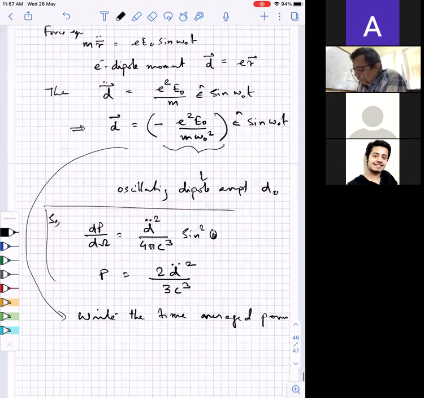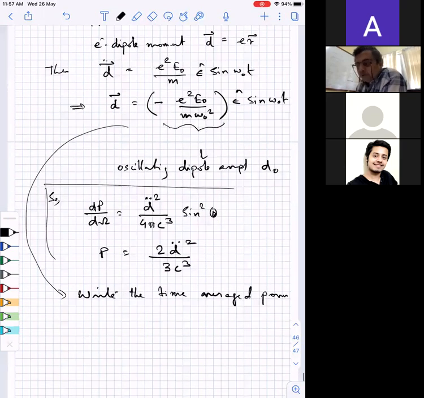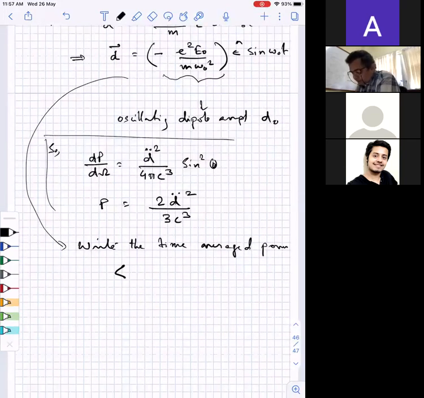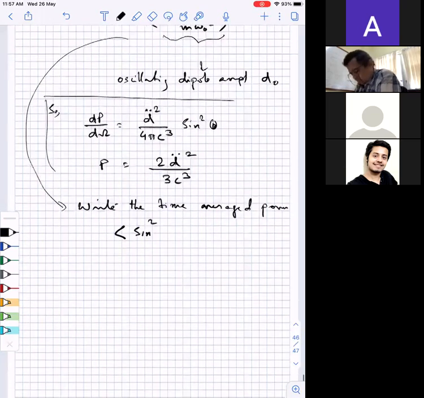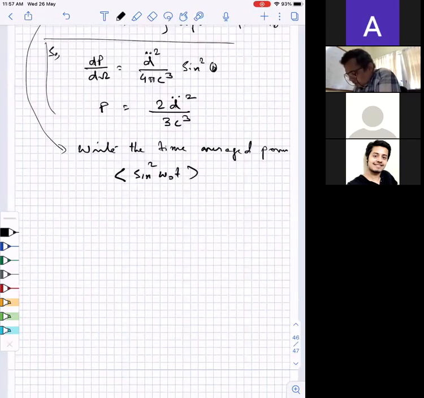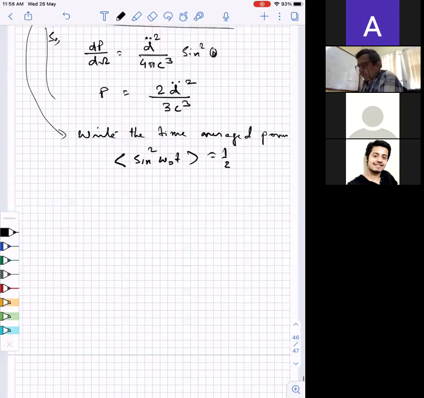Now, when you do the time averaging of this dipole equation, remember the sine squared omega t: the averaging of sine squared omega naught t will give you a half. And so this equation now, what we'll get is,